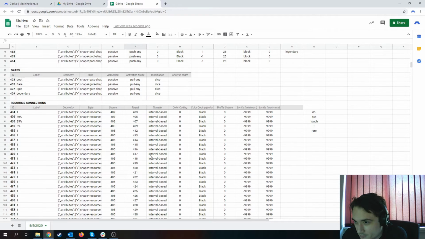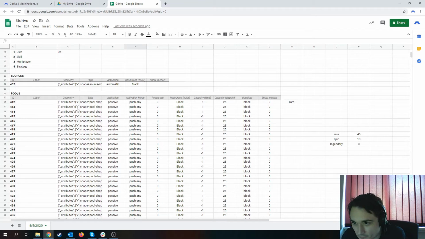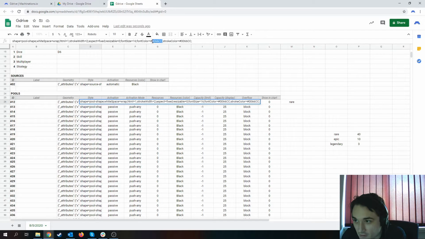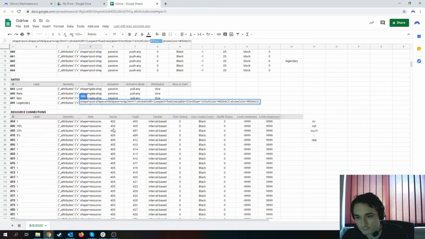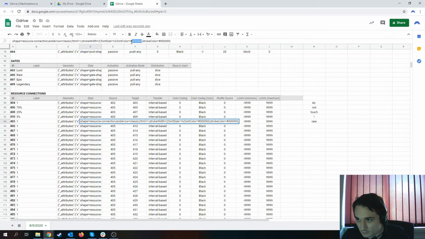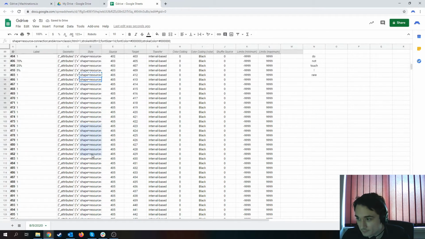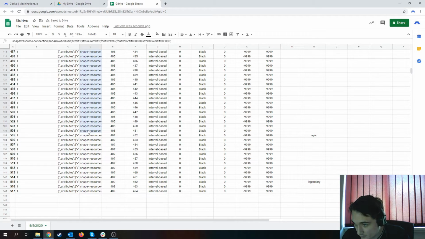I believe we want to color them as well, maybe. Does it really matter? I mean, let's just do it for the sake of beauty, of aesthetics. So let's steal the font color from here. Now, another thing I want to talk about, but just after I color the rare pools, is that let me copy this, paste it all the way to Epic. Okay, so before I color the rest,